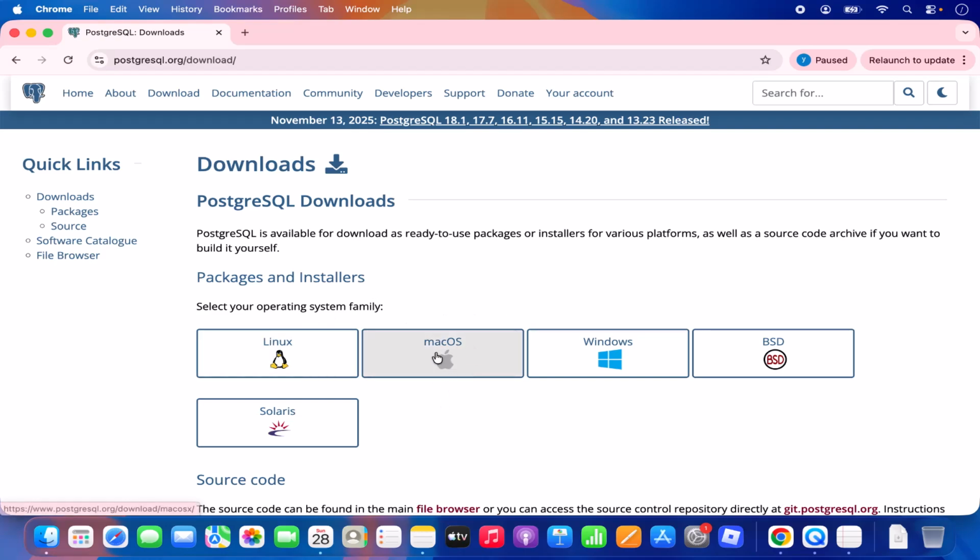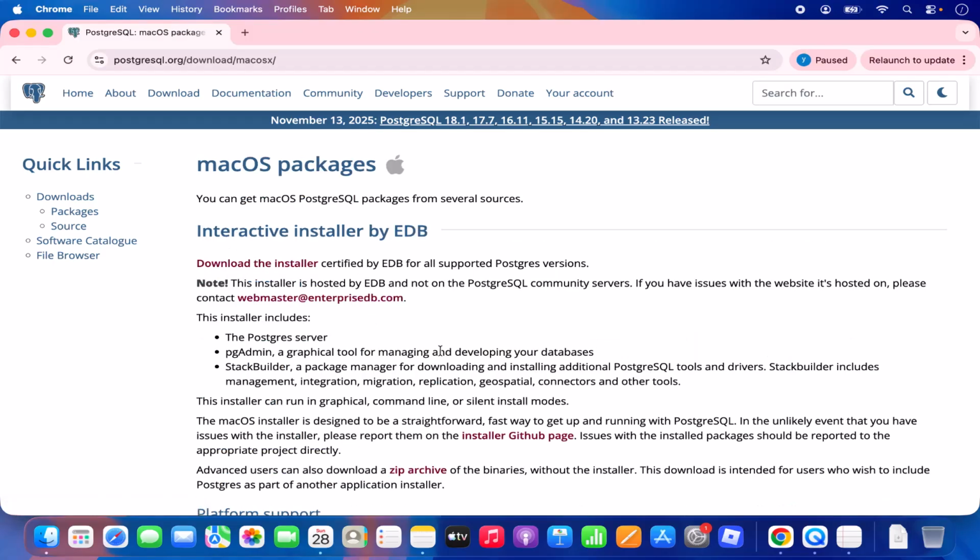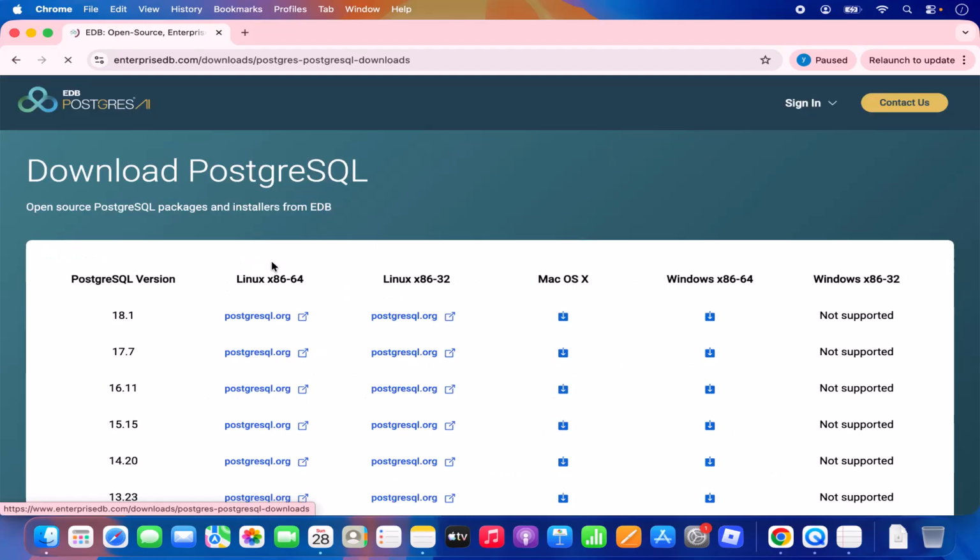We want to install PostgreSQL for macOS, so we're going to click on this macOS button, and here you will see the download the installer link under interactive installer by EDB. So just click on this download the installer link and you will be redirected to this enterprisedb.com website, and here you will see the latest version of PostgreSQL,